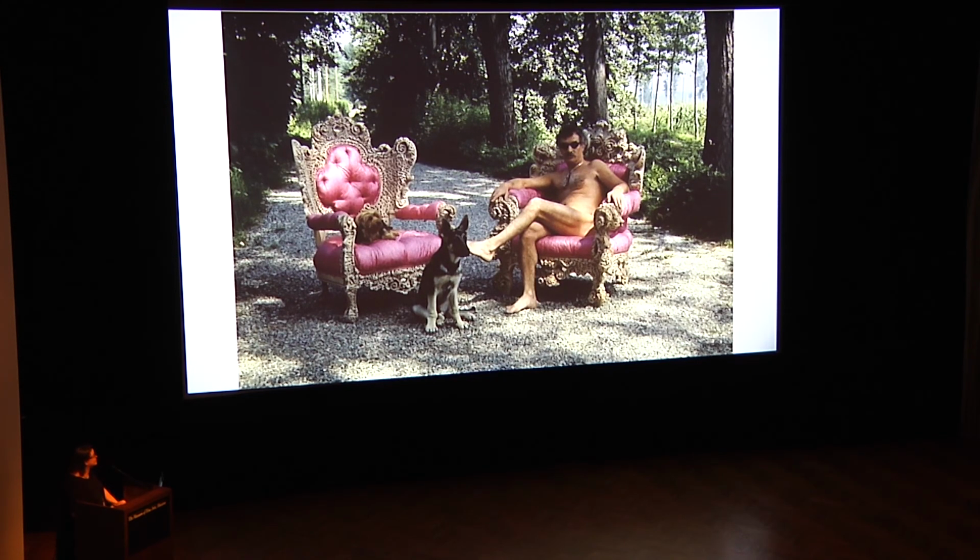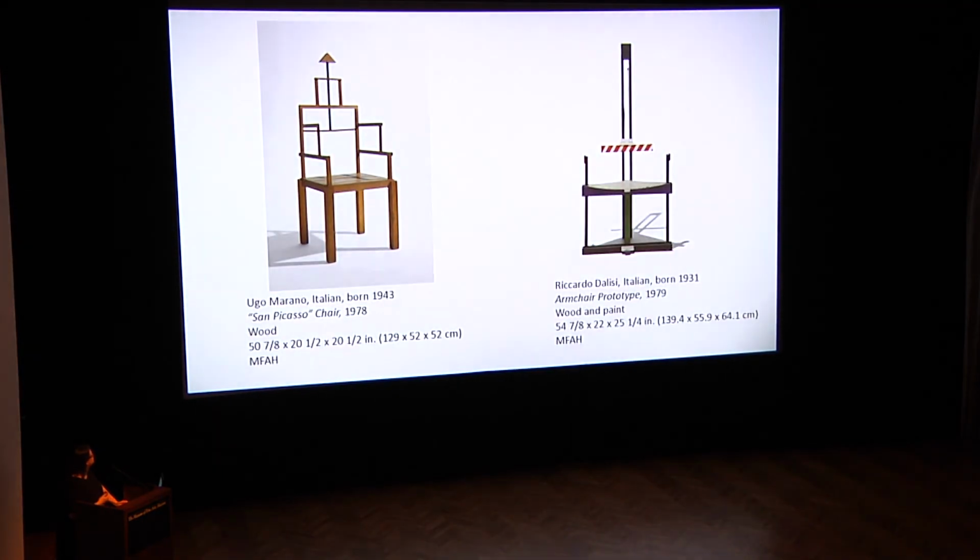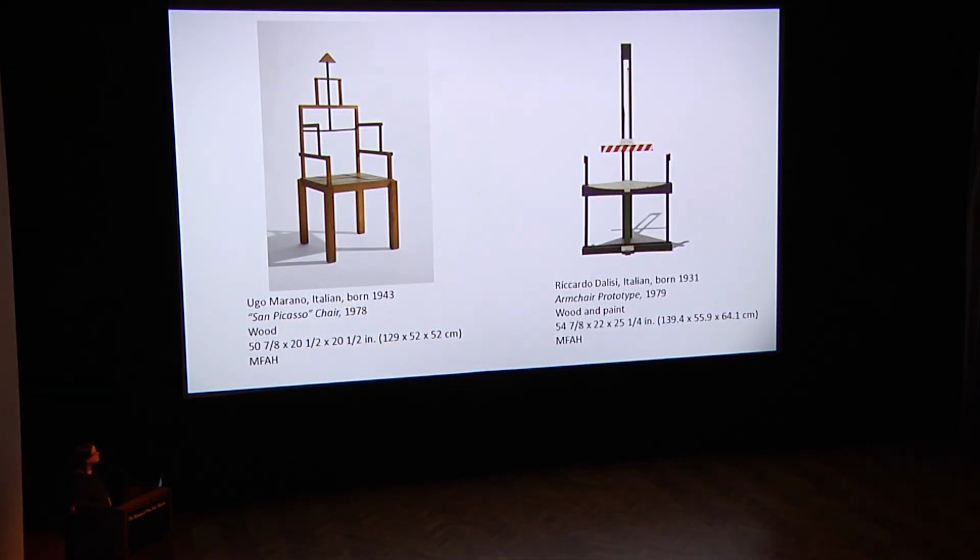There's also a settee for this suite. Two other chairs that also fall into the same spirit: Ugo Morano's San Picasso chair and Riccardo Delisi's armchair. There's only two made of each of these. Delisi was based in Naples, so he's a little bit geographically outside of the main centers of Milan, Florence, and Torino. He was known for his work with impoverished communities, particularly children, in which he would go into neighborhoods, have